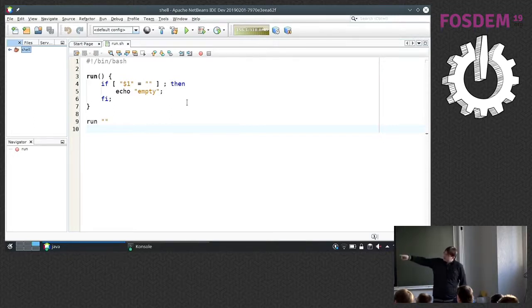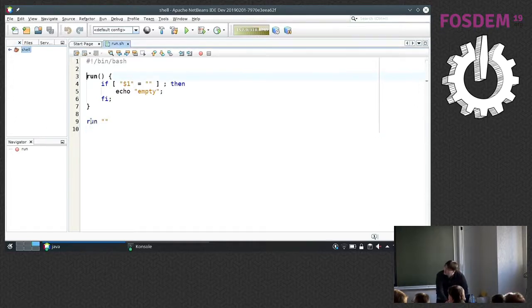So you can see there is the navigator. In the left bottom corner there is a function, and it's actually coming from the server. If we control-click on run, it will jump to the function that we are calling.